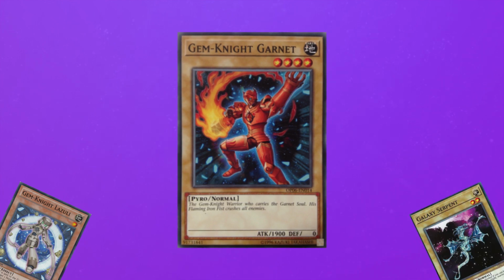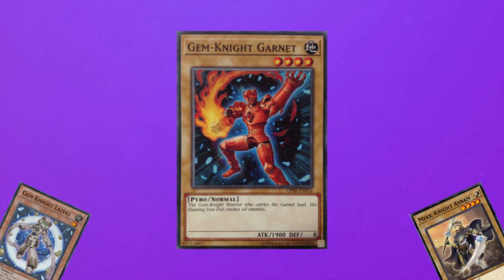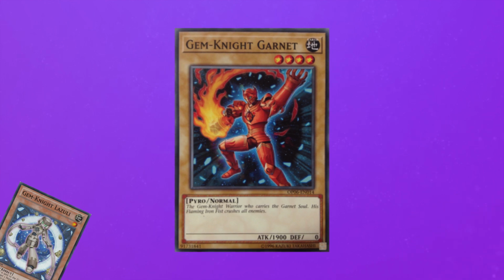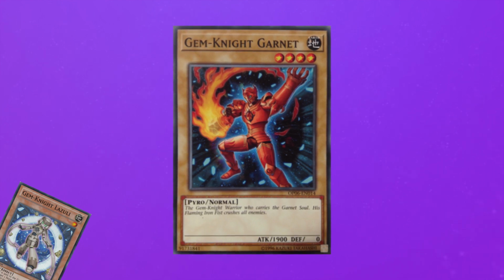an additional normal to synchro for a level 7 synchro, or you can send a Gem Knight Avrim, normal summon that Gem Knight Avrim, and then link for a Gem Knight Morningstar. Or you can just link for whatever link monster you want. You can also send other light tuners to synchro for higher level monsters. For example, you can probably send a level 3 light tuner if that exists to synchro for a level 8